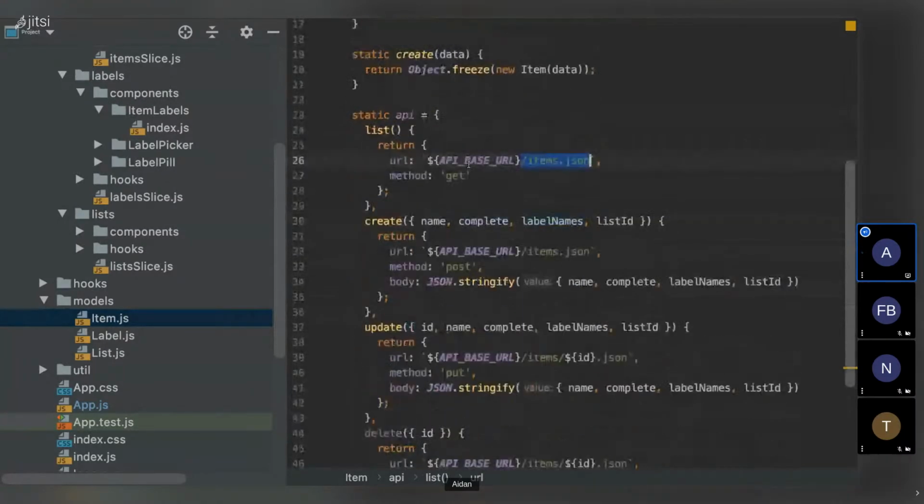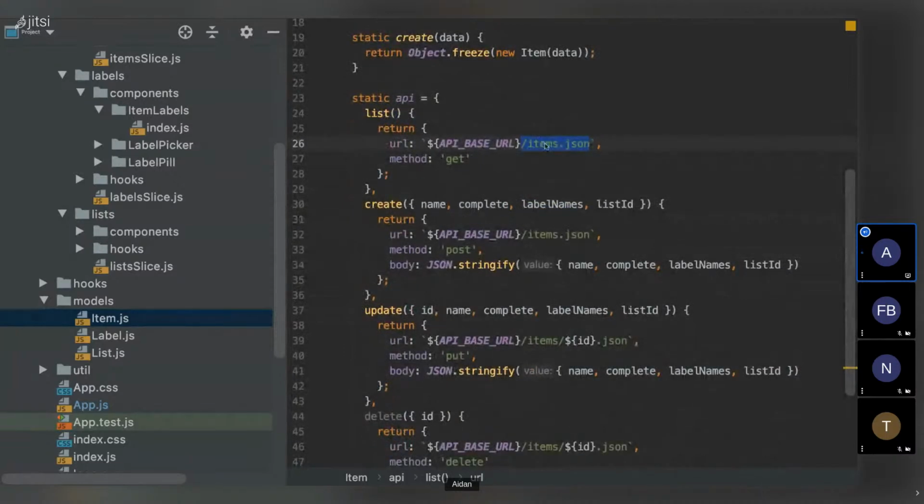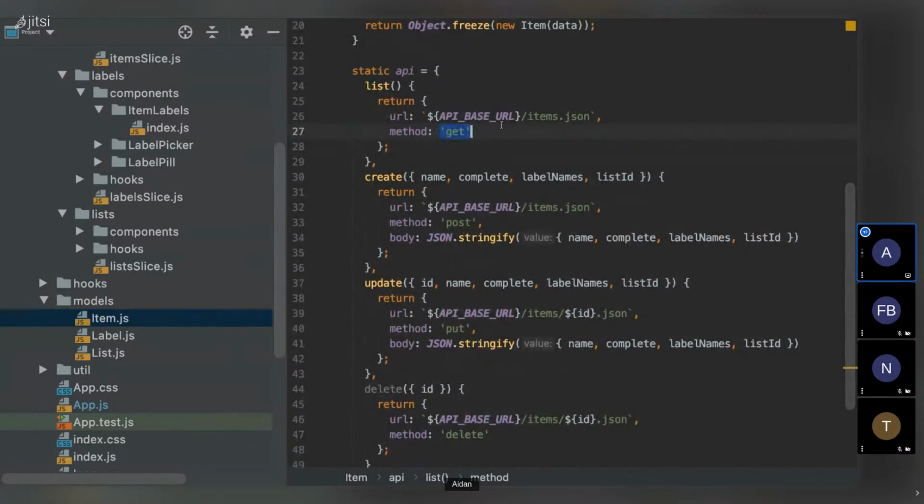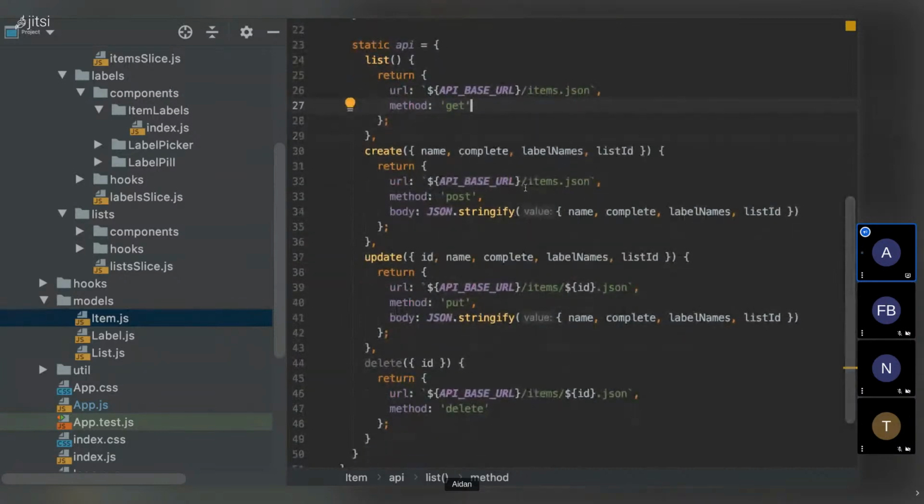In this case, we've got our items. I've got some Firebase base URL, and a slash items endpoint, and it has a get endpoint and a post endpoint for creating, and a put for updating, and a delete endpoint.